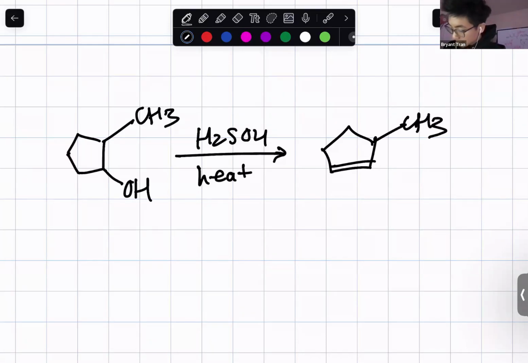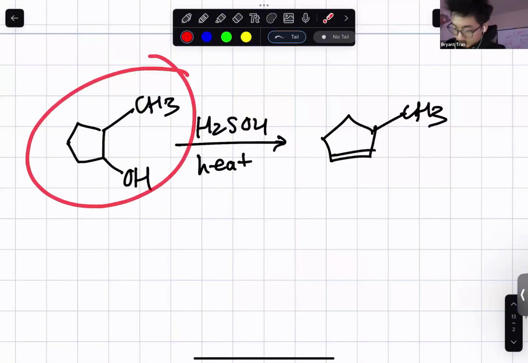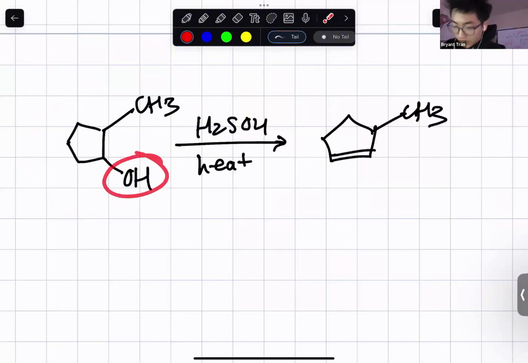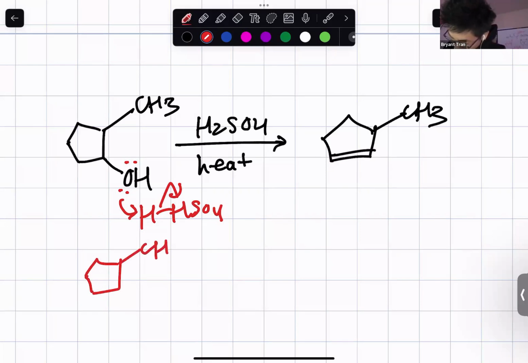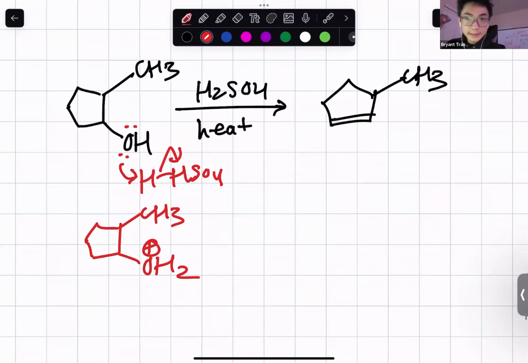So let's think about this mechanistically. When we have a strong acid, sulfuric acid right here, we have to look for the most basic part of the molecule, which is this alcohol oxygen. That's going to get protonated by the strong acid H2SO4, kicking out the HSO4 minus conjugate base, and that would convert this bad leaving group OH into a good leaving group OH2 plus oxonium ion. Now we can think of this as an E1 type mechanism, because once we have this good leaving group present, we can kick it off to form our